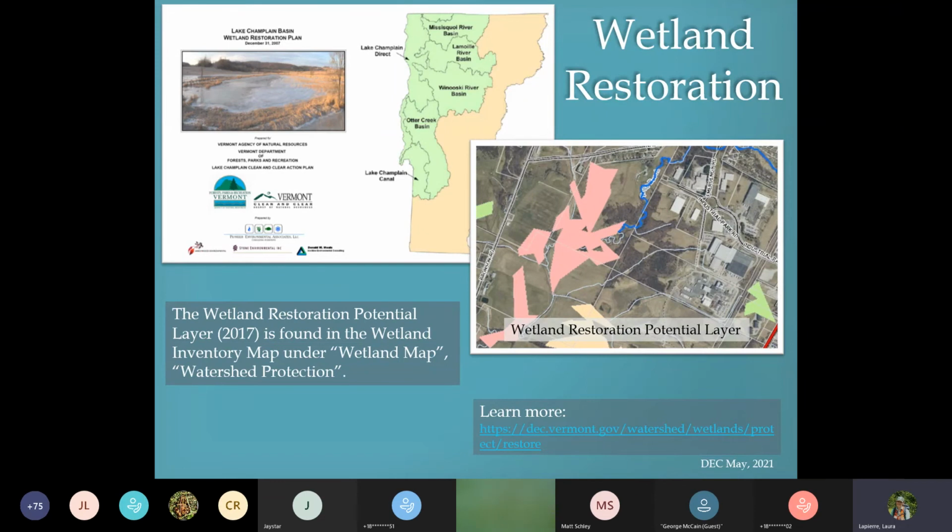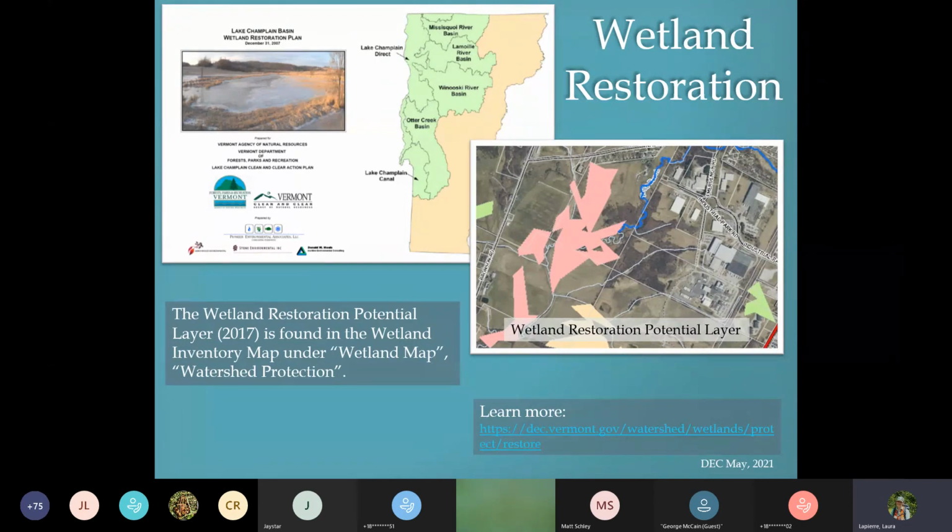This site is in St. Albans Town. Rug Brook runs through the site, and it scores a 3.3. So it would be worth looking into further for restoration. You can see this mapping by going onto the wetland inventory map, looking under wetland map under watershed protection, and it's called the Wetland Restoration Potential Layer.